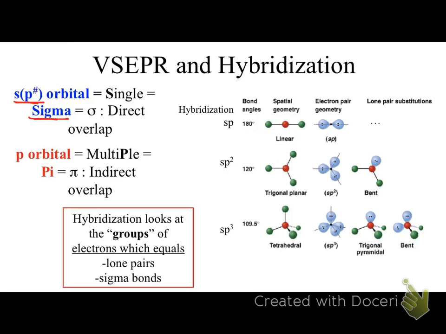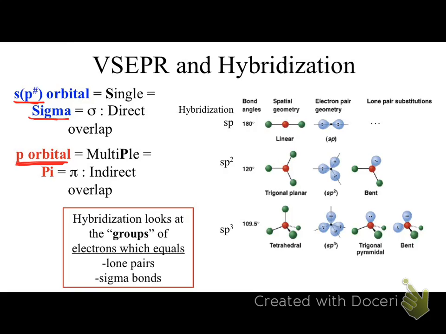Okay, when we move up to multiple bonds, double and triple bonds, those are going to involve the overlap of unhybridized p orbitals. And that's where we get our double and triple bonds. Okay,